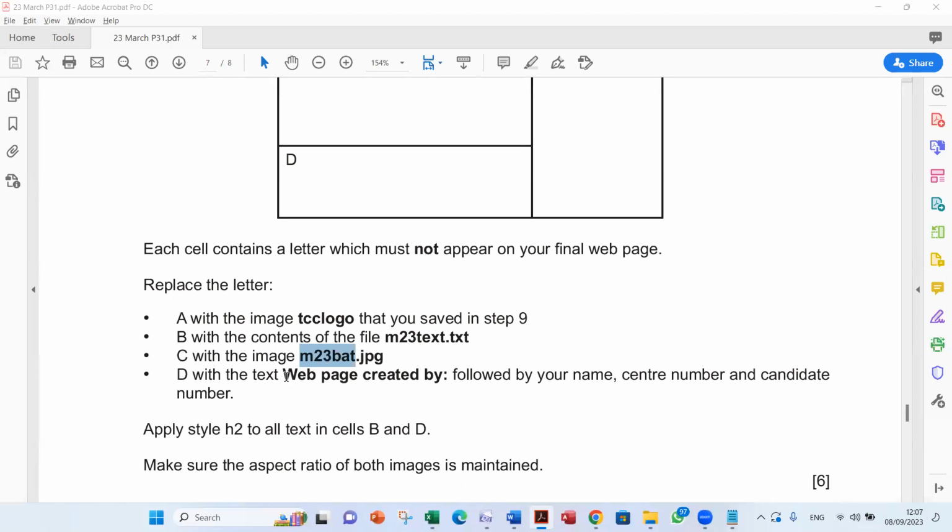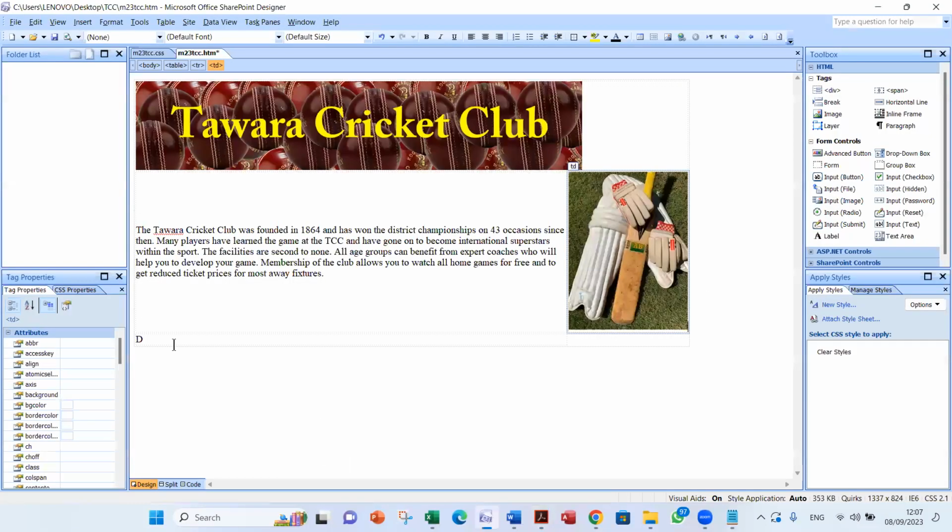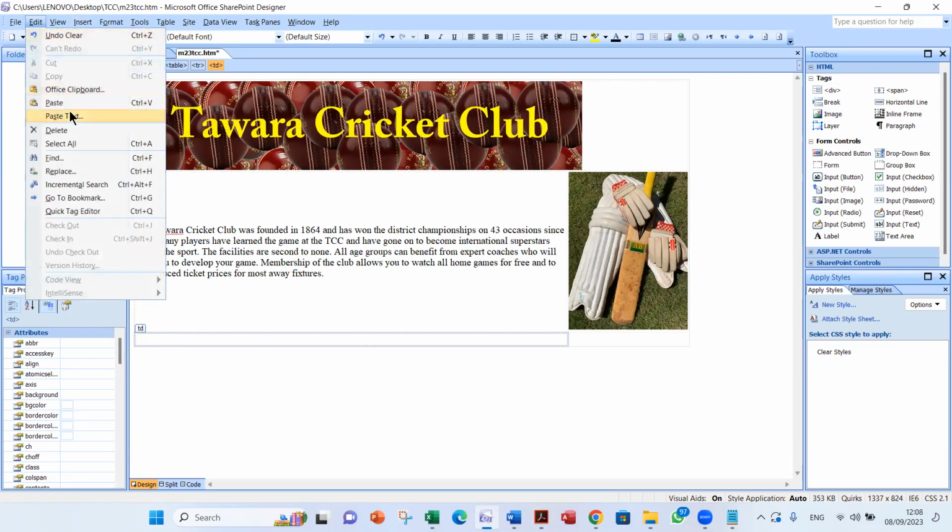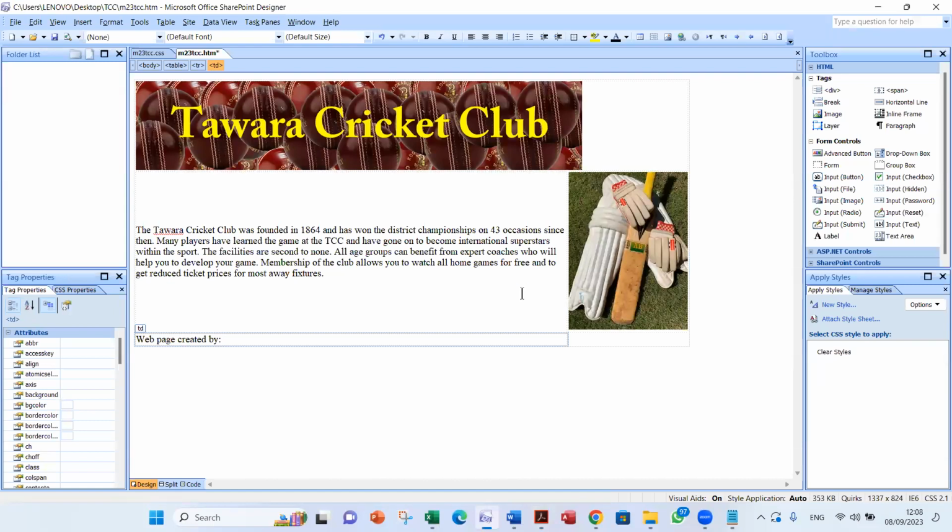Replace D with web page created by, followed by your name, center number, candidate number. So delete that D and type using your keyboard the text web page created by, colon, space, name, EG 0070001.